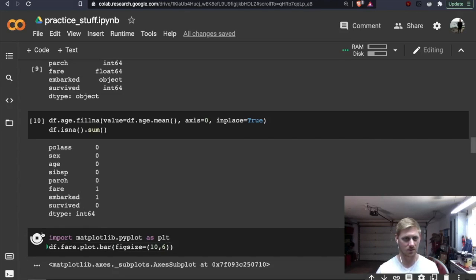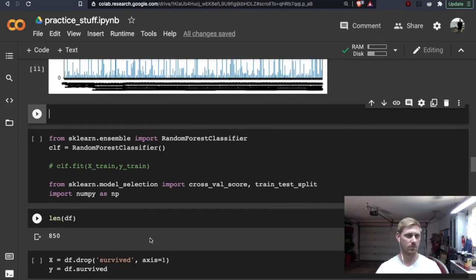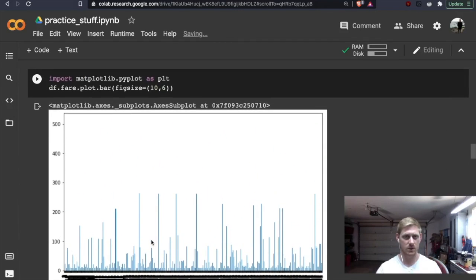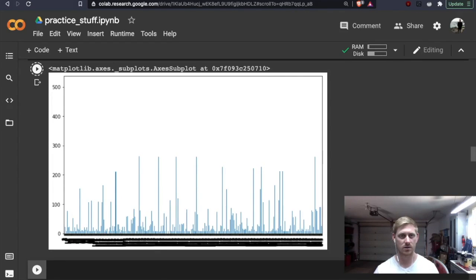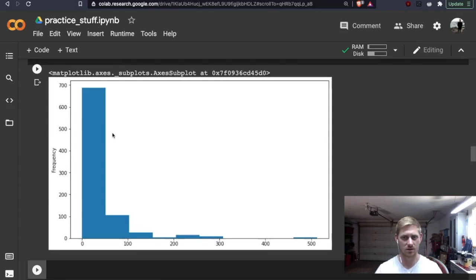Let's see if that does something. So there's a lot of bars, so let's maybe change this to hist so we can see the values.